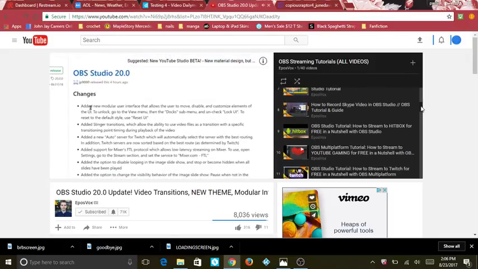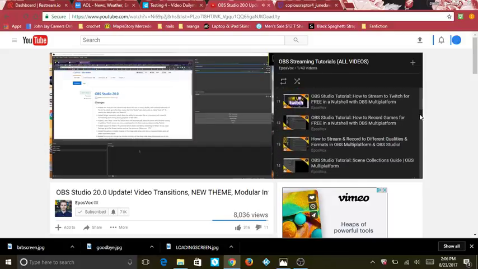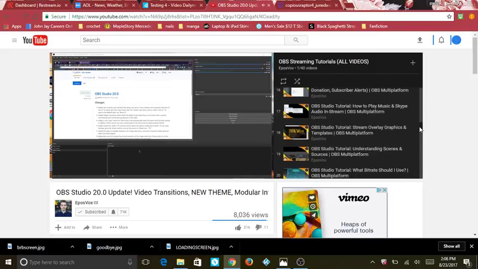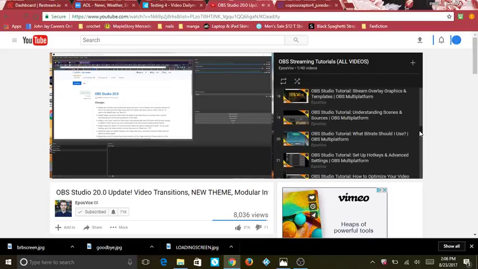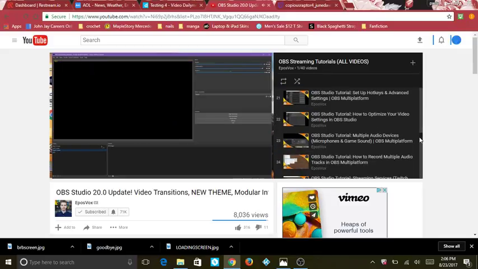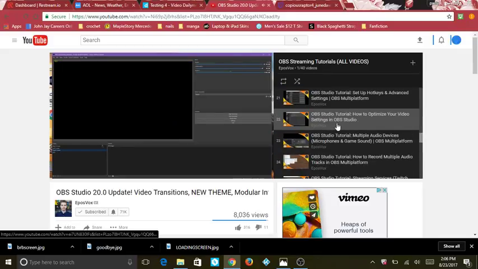Secondly, they introduced a modular user interface, and this is one of my favorite features that they have added to this software in a long time, and it doesn't even affect the overall streaming experience, but I love customizable UIs. I've hated the restrictions of their previous UI. For example, if I pull up my Twitch scene collection here, I have so many